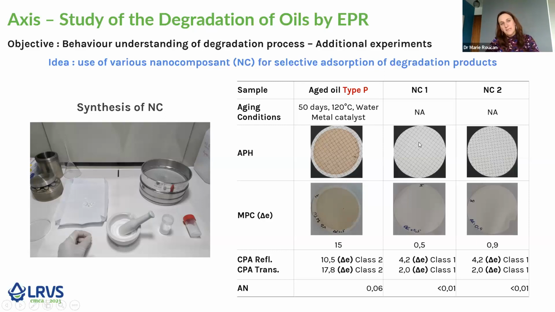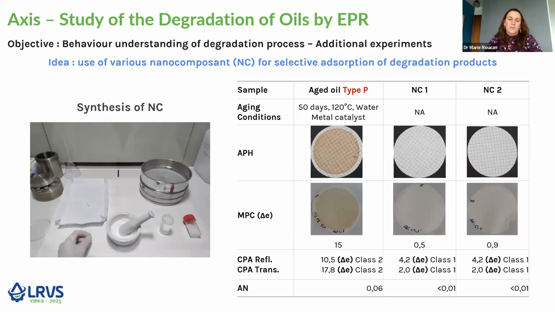And then once we pass the oil through the nanocomposites and do the analysis, the APH and the MPC again, the treated oil actually gave a very neat membrane. And the same for the CPA, and even for the acid number, it wasn't that high, but you could see already that there was a little bit of a difference. So that means our nanocomposites are able to adsorb some of the species, and like that, we were going to see if we could